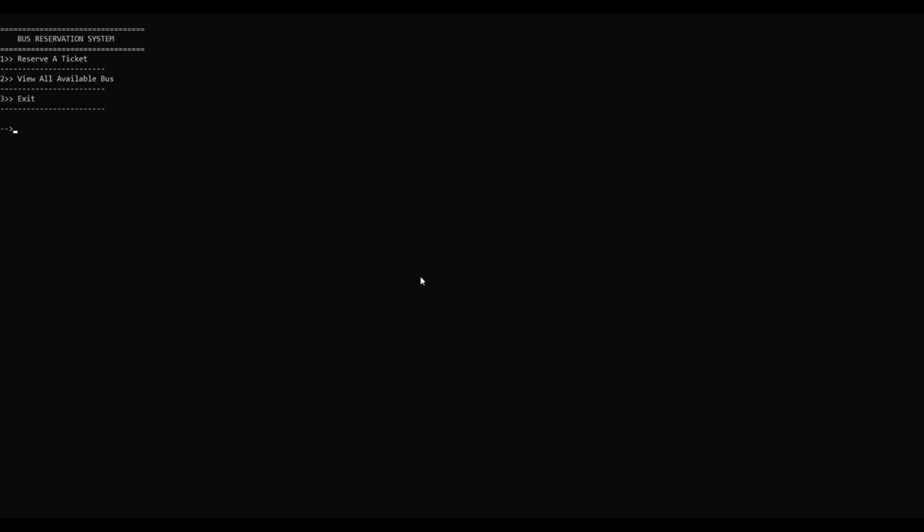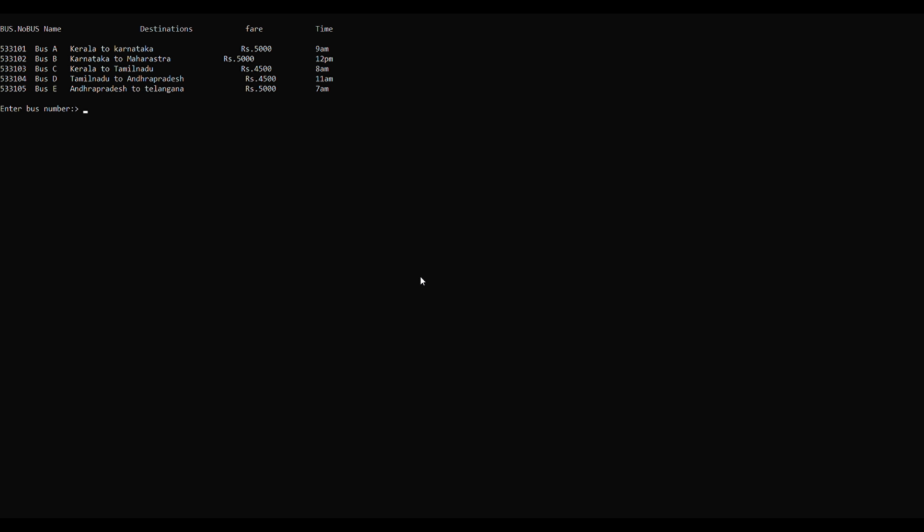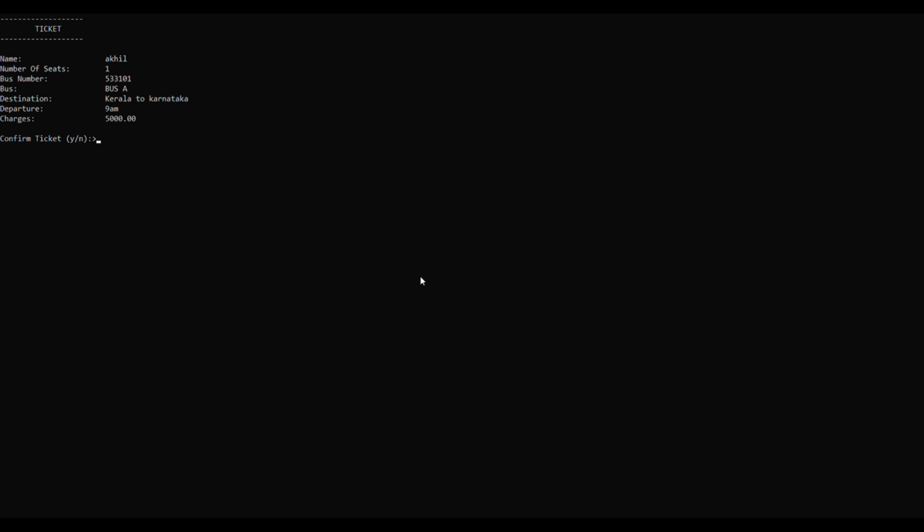If you want to book a ticket, we need to go back to the main menu by pressing any key on the keyboard, and then we need to click on one to reserve a ticket. The system asks the passenger name and the number of seats, and it shows the available buses again, and then we need to enter the bus number in which we want to travel, and then it shows all the particulars.